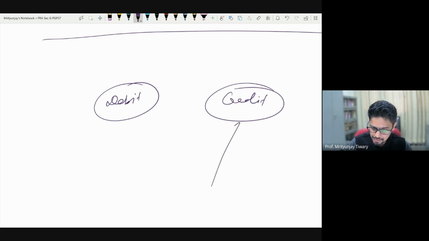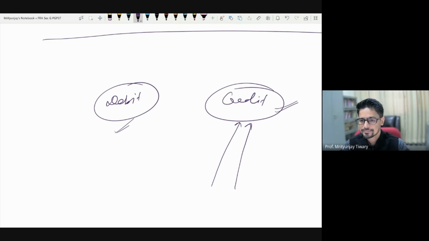Have you heard of this word? I doubt whether you may have heard debit, except for, let's say, a bank transaction or something which has anything to do with finance already. But in day-to-day life, you may not have used the word debit, but you may have used the word credit. Let me hear it from the class, what do you think the meaning of the word credit is? Don't use any connotation which you may have picked up from your finance transactions or bank details. Apart from the finance domain, have you heard of the word credit?